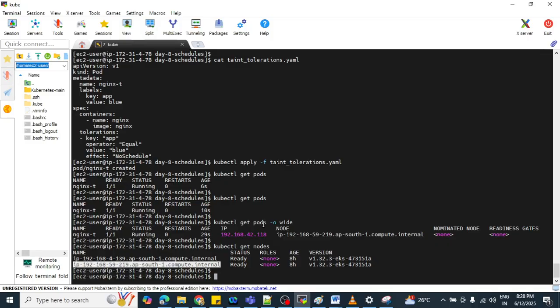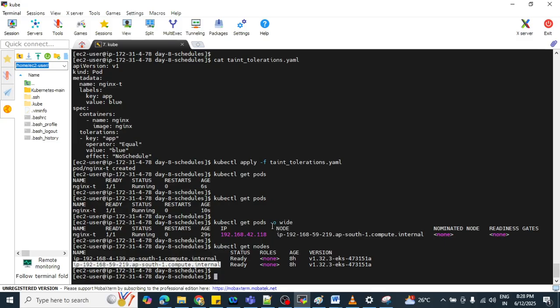So let me apply the taint on this particular node. How are you going to apply it? You need to put some commands.